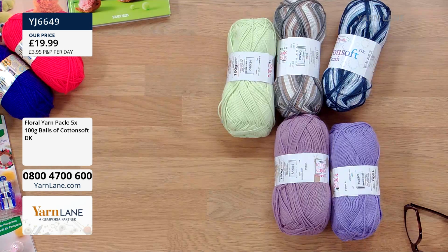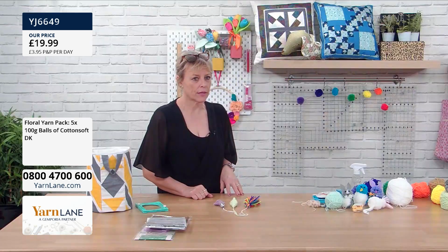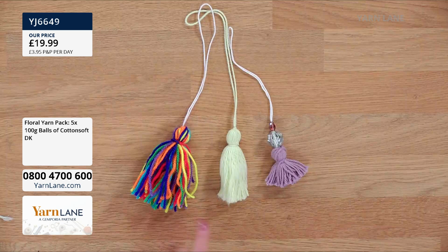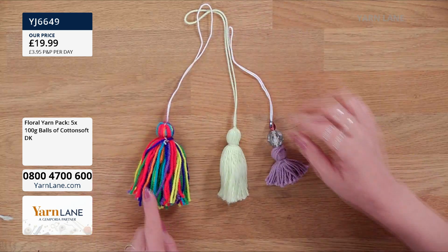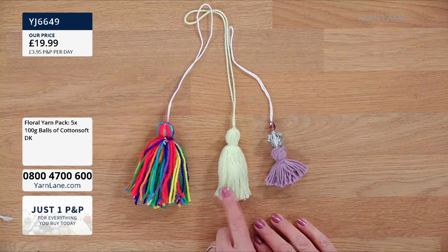Okay, make me a tassel then. I will make you a tassel. And you can see here the three tassels that I've already made. So we've got a tassel out of acrylic, that's out of the rainbow wool, which we did before. Then we have a tassel out of the